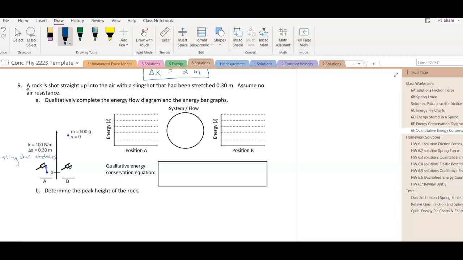And the rock is at rest, and it's on the ground. I know it might not be quite on the ground, but look right here. They're telling us it's at a height of 0, okay? So we're not going to put any EG in it at the beginning. But at the end,